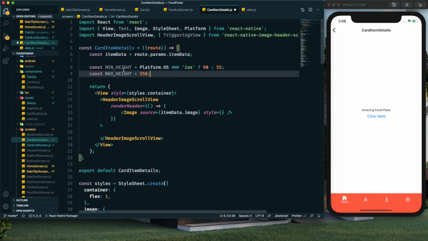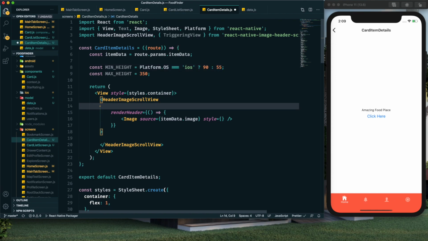So let me create those quickly. I have created this min and max height constant, and for this min height I am checking the platform OS. If it is the iOS platform, then this height will be 90 pixels, and if it is not iOS, that means if it is Android, then it will be 55 pixels.